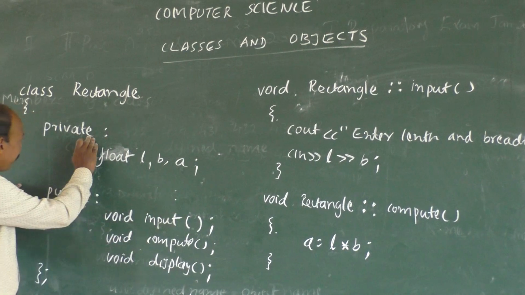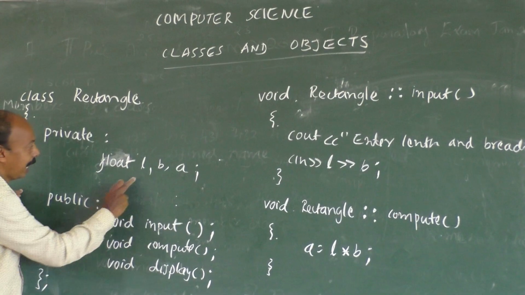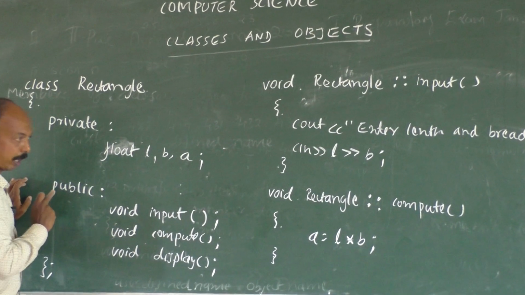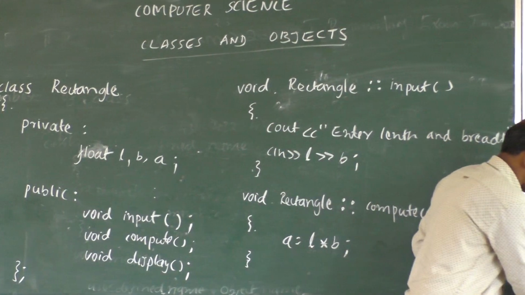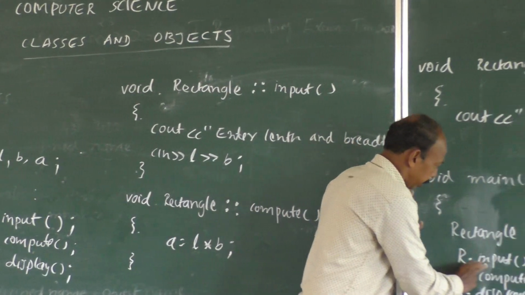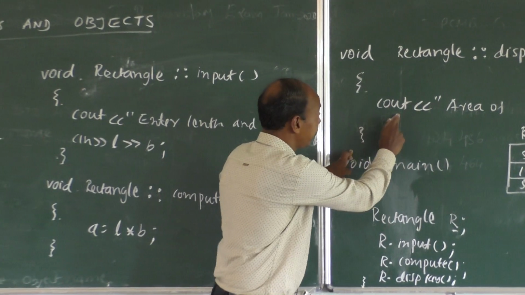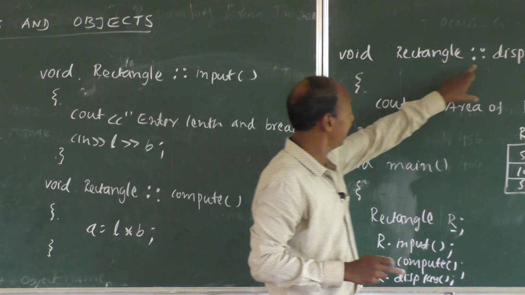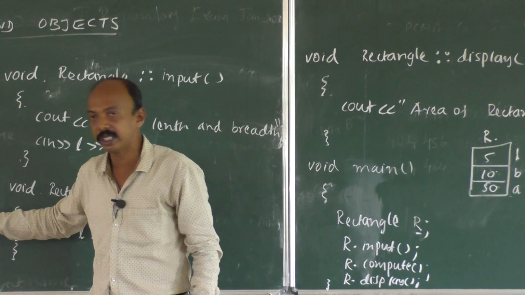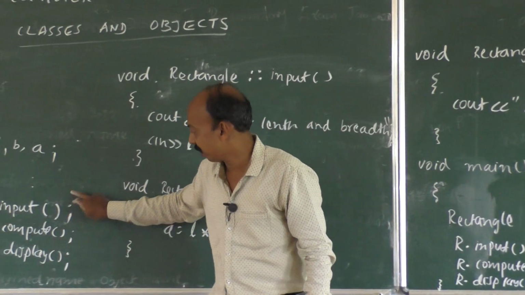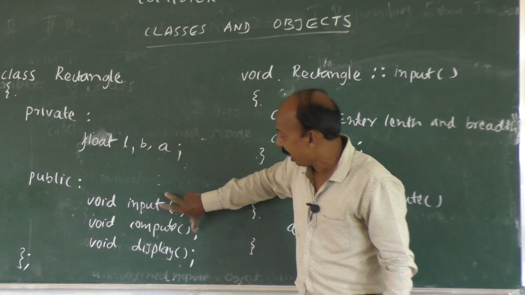Now, why do we have to write private and public like this? Here also we have written the functions under public and the members under private. Because in this void main you can see we have written R dot input. Whether it is inside the class or outside the class, it is outside the class. Of course, even though we have written it outside the class, still it is a function of the class because we have declared the function there. Here we have declared the functions input, compute, display. These are all the functions which belong to this particular class rectangle. That's why we don't have any problem in that.